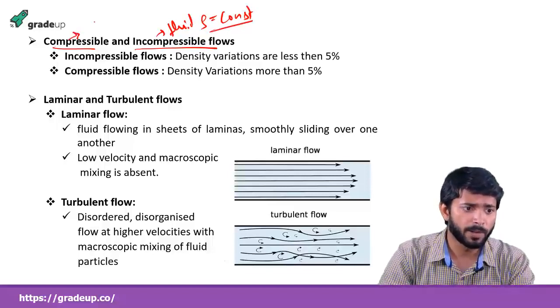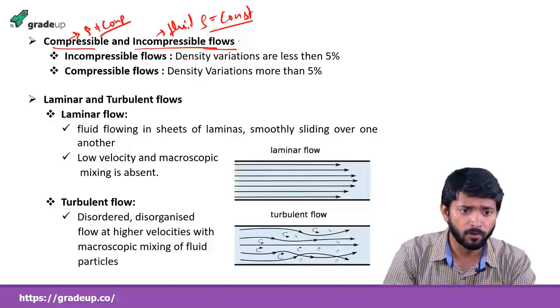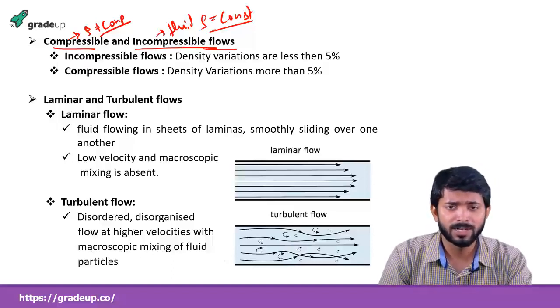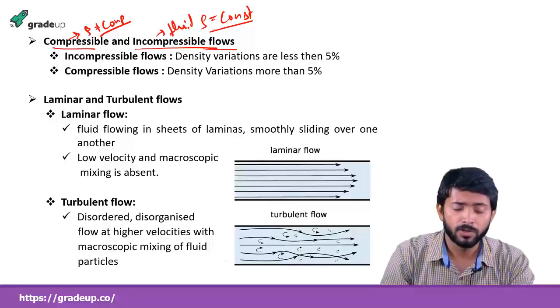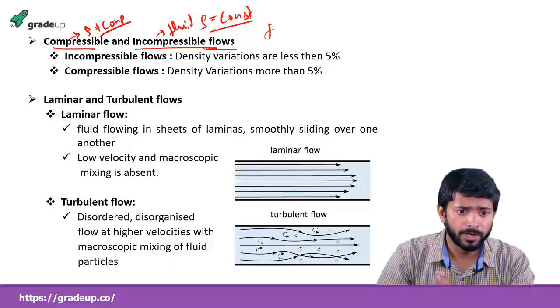But in case of compressible, density may increase or decrease. But here we are talking about the flow. First of all, liquid is considered to be an incompressible fluid, and air is compressible. But if we talk about the flows, for liquid,